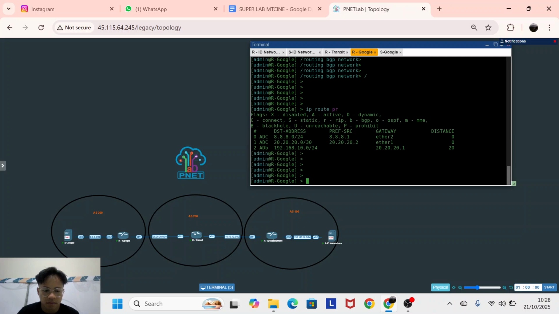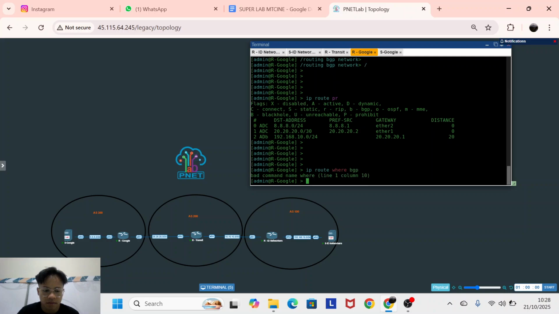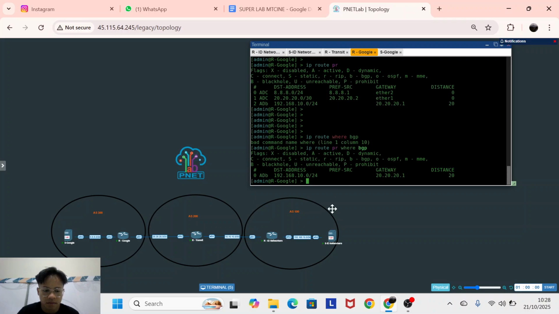So if you want to find your BGP, you can use IP route print where BGP.